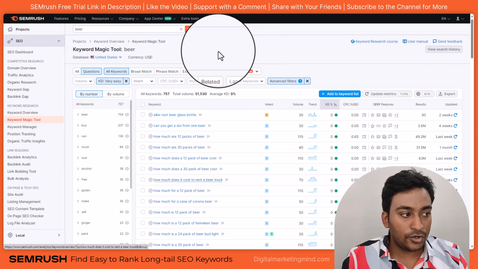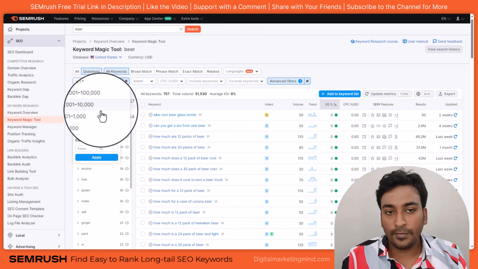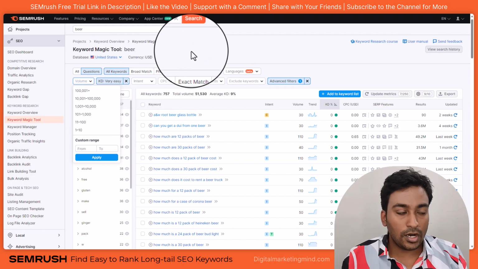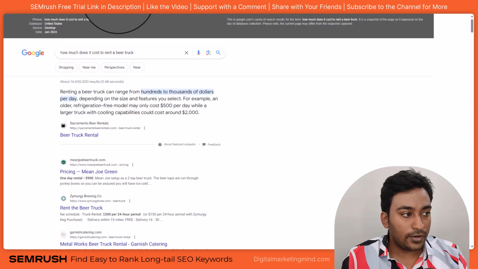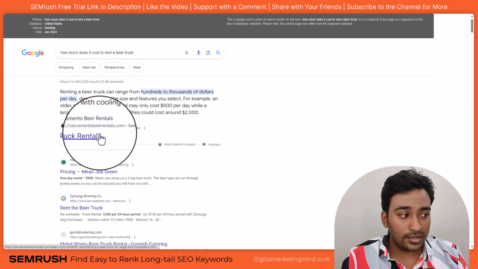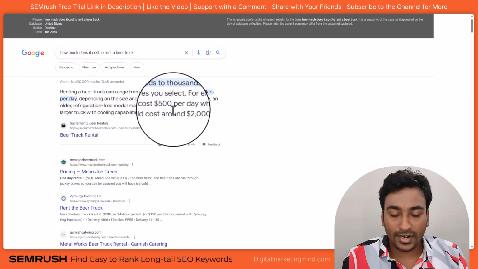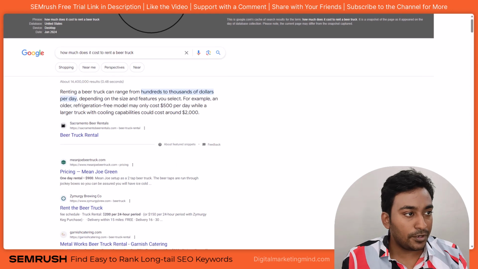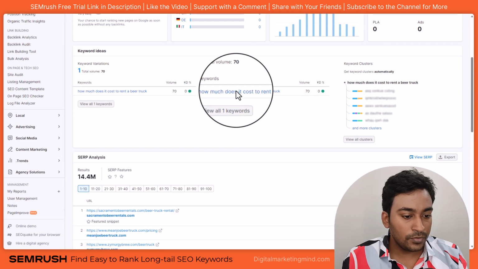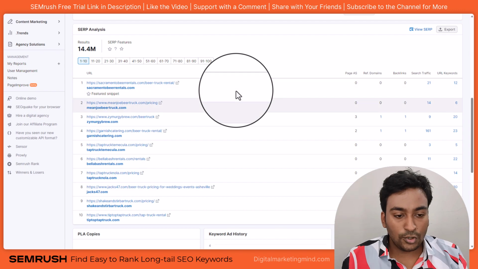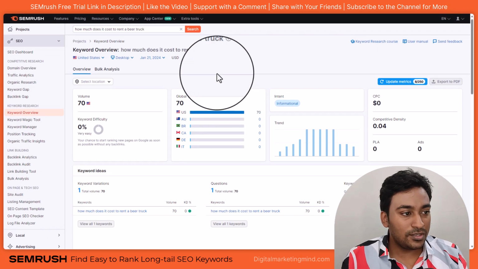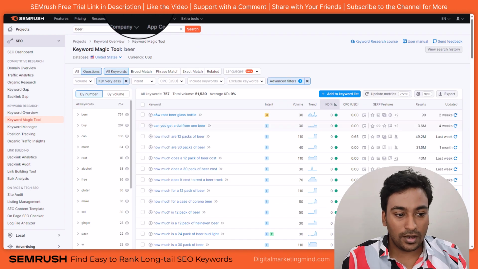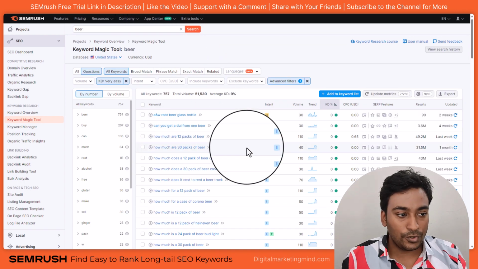I can also control the search volume from here. So if I'm looking for something specific or higher, I can do that as well. For example, you can see that has a cool little featured snippet also. Maybe I can steal that. Then you can see pages, not much competition here. If I go down here, I can see zero backlinks, zero backlinks, zero, zero, all the things are zero. So this is also a really cool long tail keyword for you to check out.